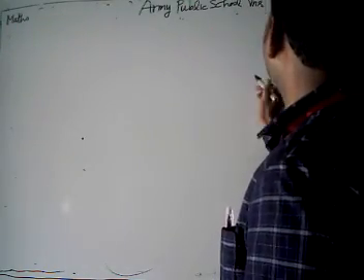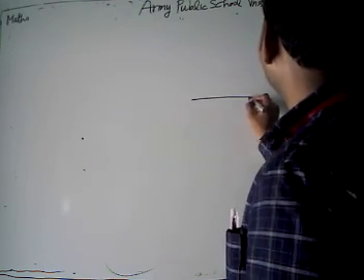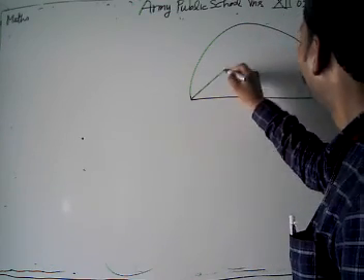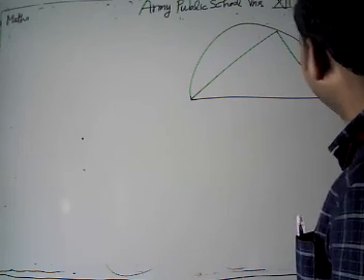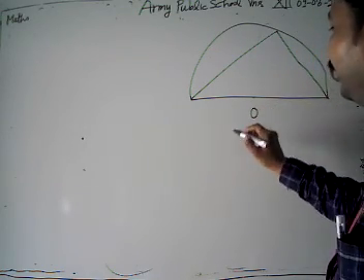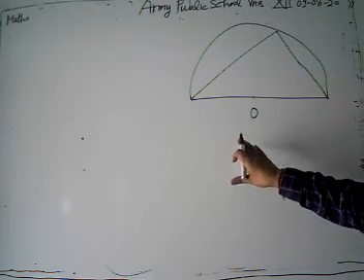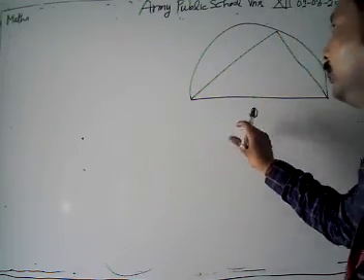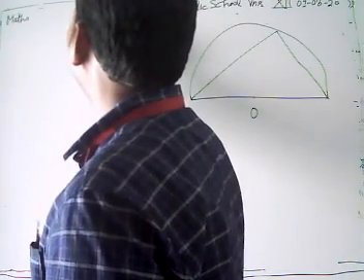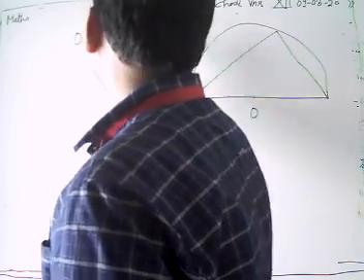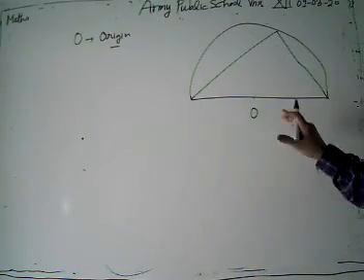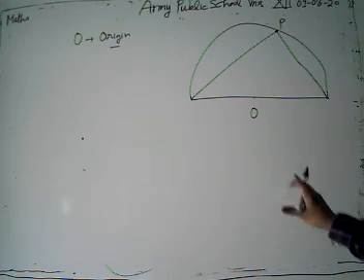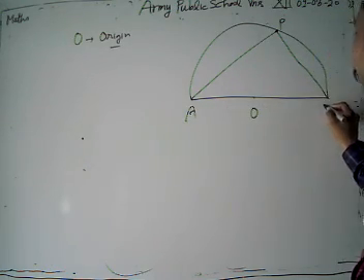Then how can we show that? Look, we first take a semicircle and draw a triangle in it. Take O as our origin. O is the center of the circle, but we are going to use vector algebra, so we take O as the origin, its initial point. Then suppose we have a point P on the circumference of the semicircle, and we take points A and B.